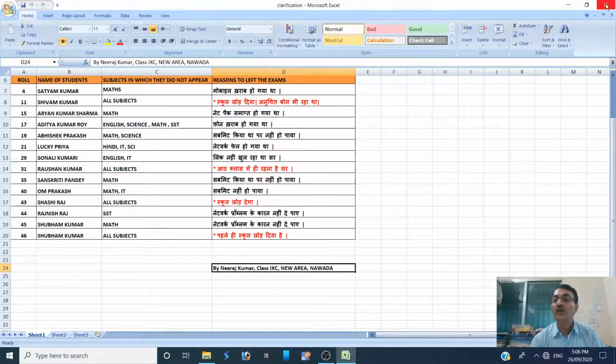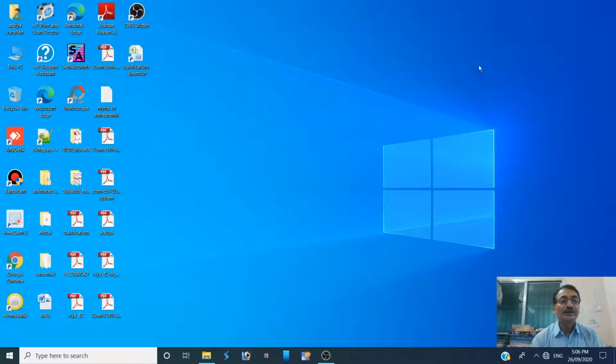Okay, so now we closed the file, but it is also very important to make clear here that suppose I am going to delete this shortcut. If we delete the shortcut icon of the related file or program, there will be no effect on the real file. Only this shortcut will be removed. So now I am deleting this one.